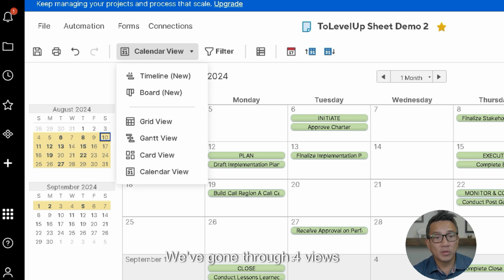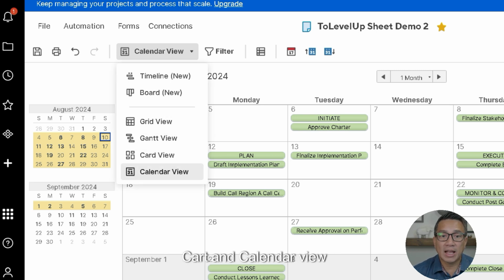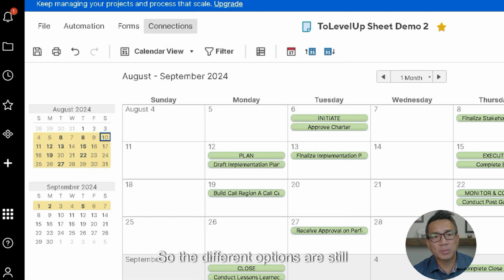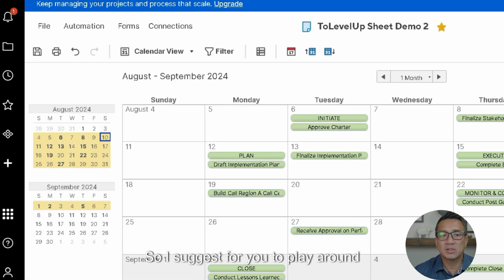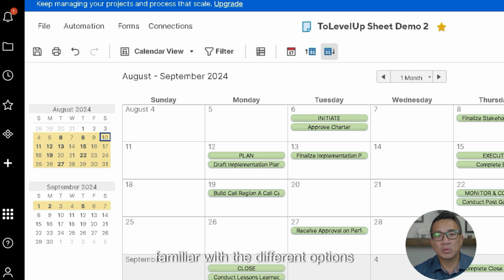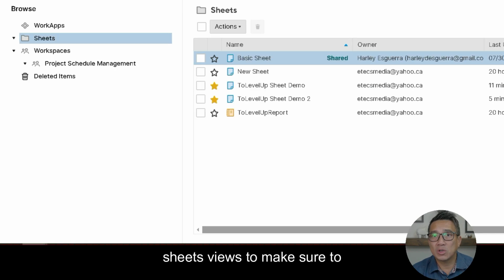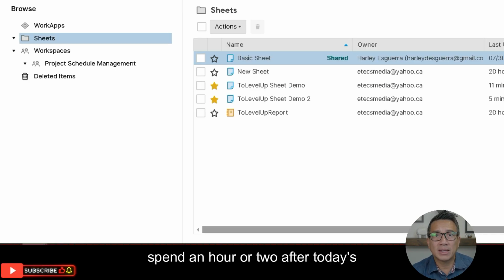We've gone through 4 views: grid, Gantt, card, and calendar view. So within those different views, play around with the different options in here. Okay, so under calendar view, you'll still see the automation, file, forms. So the different options are still available for you. So I suggest for you to play around in here to make sure that you're familiar with the different options. And that's a wrap. We covered sheets, views, so make sure to spend an hour or 2 after today's video, practice and create your own sheets, play around with the views,